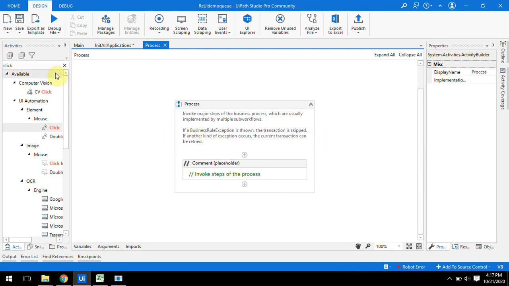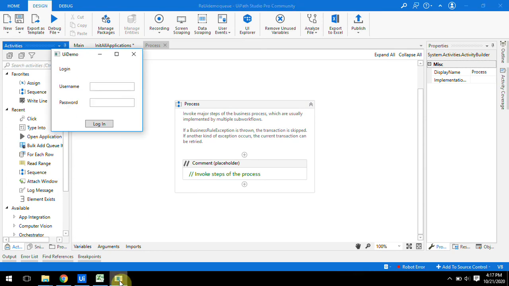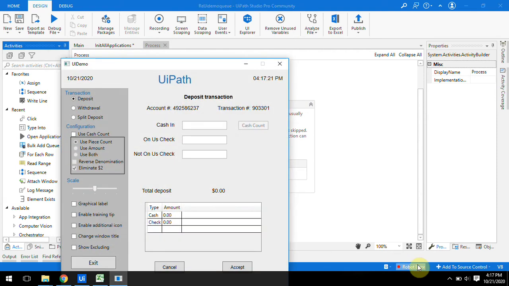What we have to do is enter the data from the queue. So take one activity. We have this application, and we already logged in using Init All Applications.